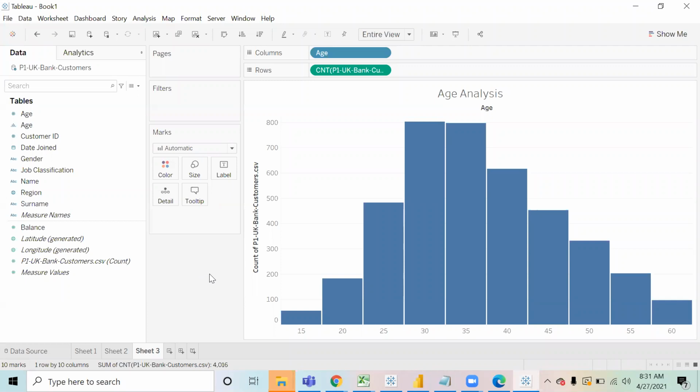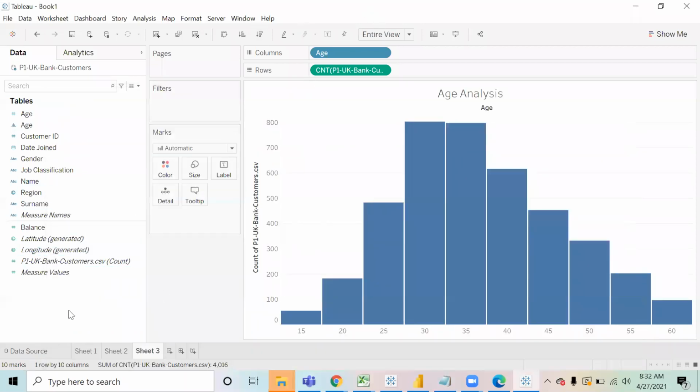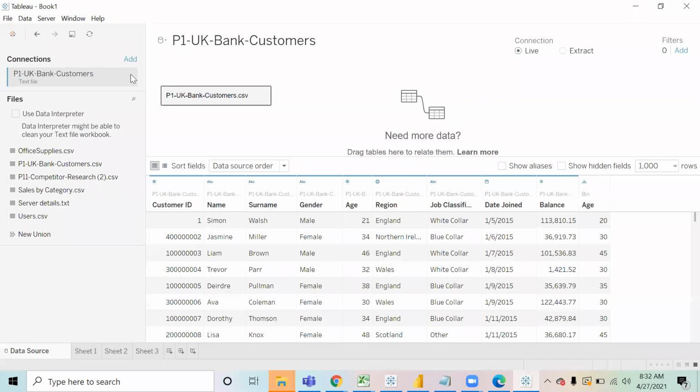But the challenge with that is, suppose I share this file with all of you, the TWB file format, will you all be able to open it? No. Why? We don't have the data source, right? Because while we save this file, Tableau has saved the file path, that is, where that file is saved.